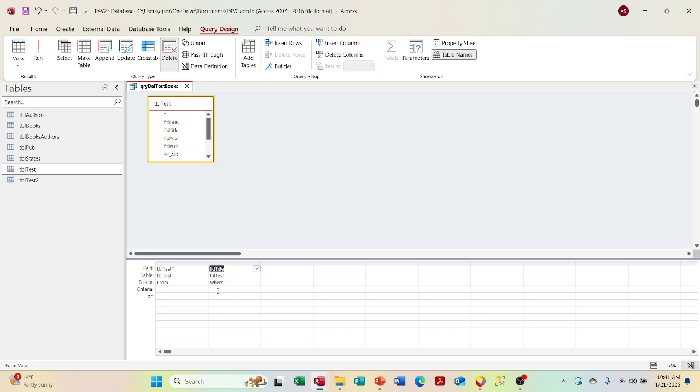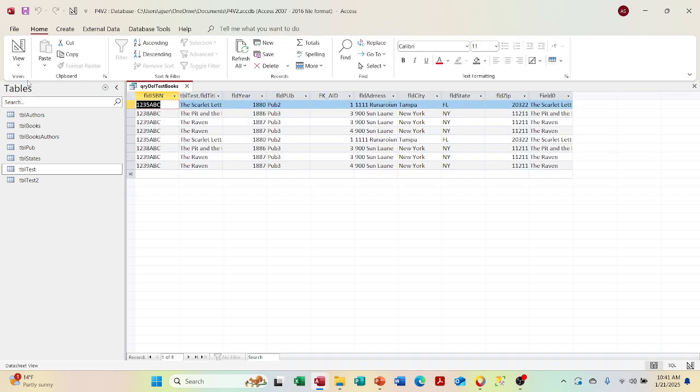And we're going to use here on our criteria, like, meaning it should look like that. We're going to put quotation marks in, meaning text. First a wildcard and the, and another wildcard. So here we're looking for anything with the in it. We'll save that for a minute. We will go to our data sheet view, and we're going to have to hit it again. And there you have it. So the Scarlet Letter, the Pit and the Pendulum, and the Raven, all of those entries, as you can see,